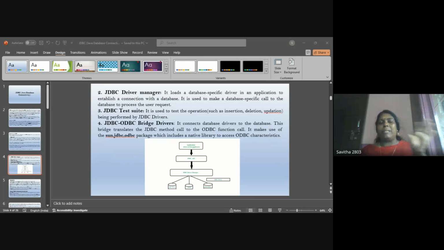When we implement a query like select star from a particular table, what is the meaning of that? From the table, all the rows included inside that particular table will be displayed. So in Java, when we write this type of query, that query will be executed, and after that the result set will be stored inside the result set interface. Okay, so these are the set of interfaces which support the JDBC API.